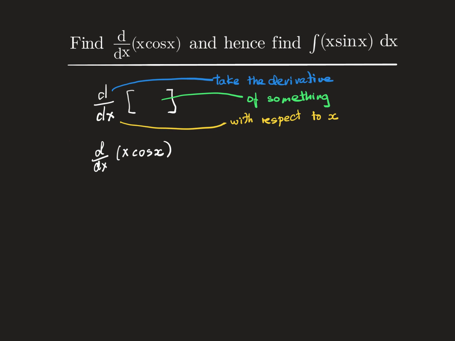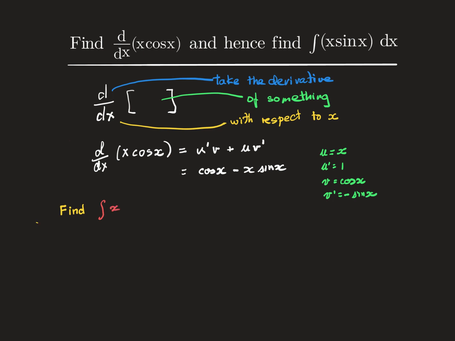And this is a product rule differentiation where u will be x and u' is going to be 1, v is going to be cos x, and v' is going to be minus sin x. And so substituting these, we'll just get 1 cos x minus x sin x. And as we're to find the integral of x sin x in the question,